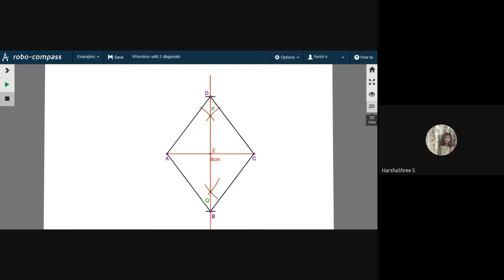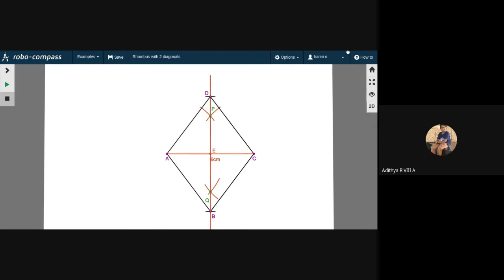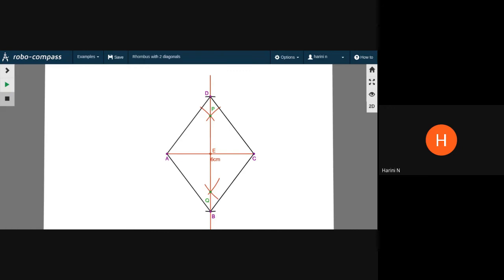Do you think all the four sides should be equal? For me, it is 5.5, ma'am, all the sides. All of you should get the same thing, my dear. We can't be getting two or three different things if all of us have drawn the same rhombus with the same diagonals. Somebody else was telling me 5. Yes, ma'am, I got 5 centimeter. How can we get two different things? Ma'am, I also got 5 centimeter.